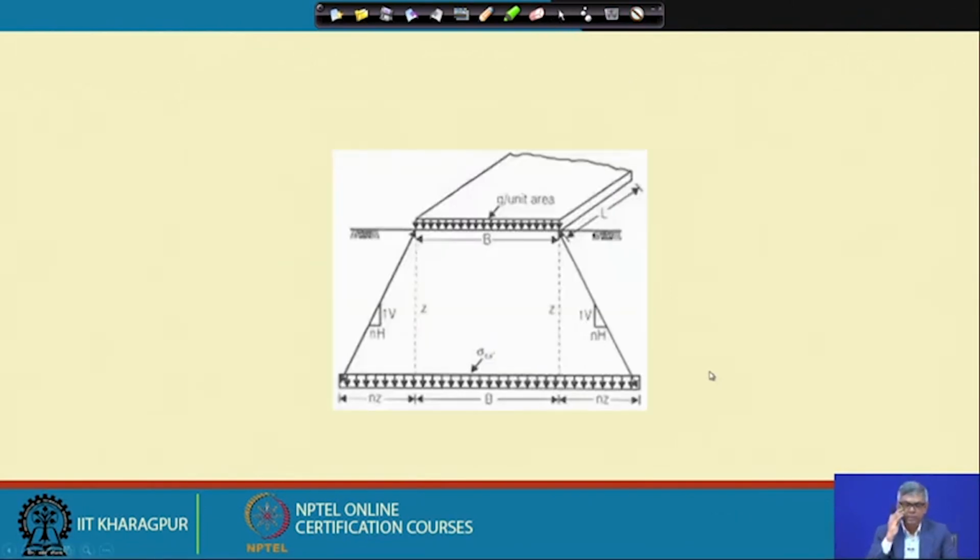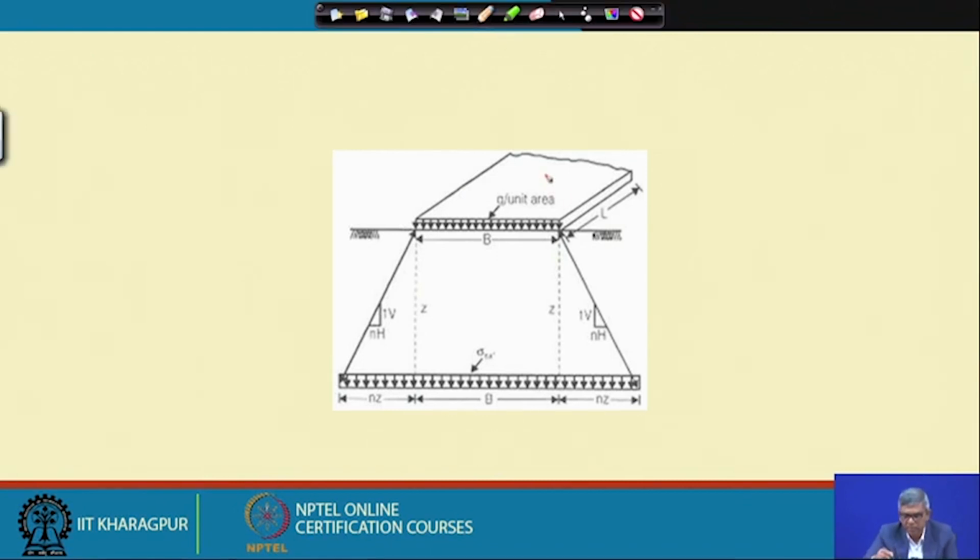I have now discussed a number of things: point load, how to apply it in different ways, that is also discussed. Then integration, corner formula, then Newmark's chart. But in practice, what do we do? Most of the time we may not do so much calculation, and there is an approximate method by which we can do it, and you can see in this